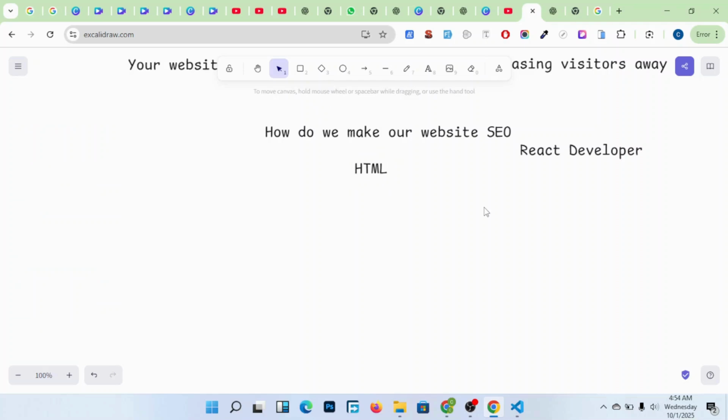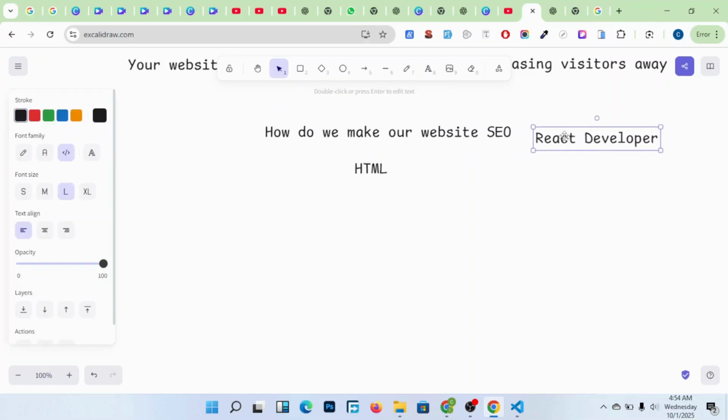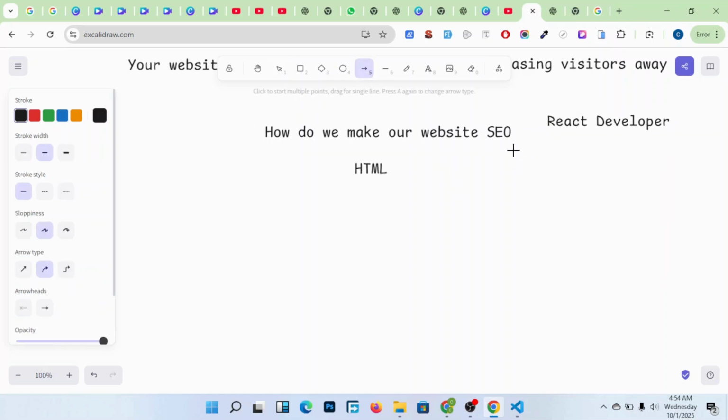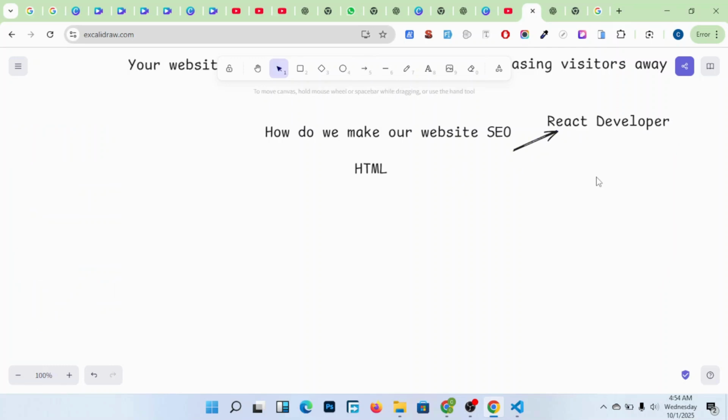So members, how do we make a website SEO? In HTML, we shall look at more complex concepts of how to make the website SEO when we reach React. But for now we are still at the ground level. We are still on HTML.